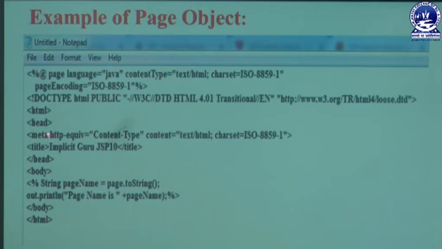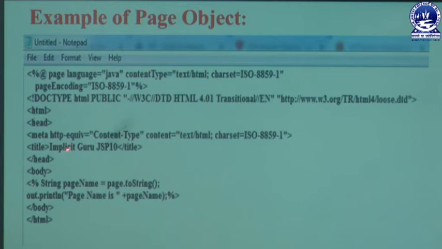In the head section we define meta http-equiv as content-type, with content text/html, and set the charset to ISO-8859-1, then mention a title.